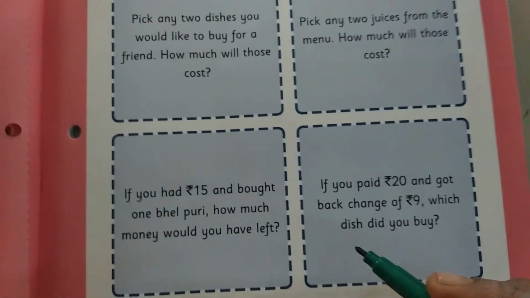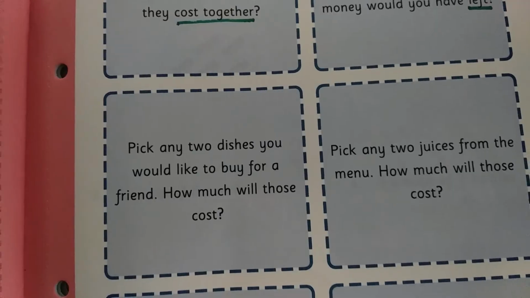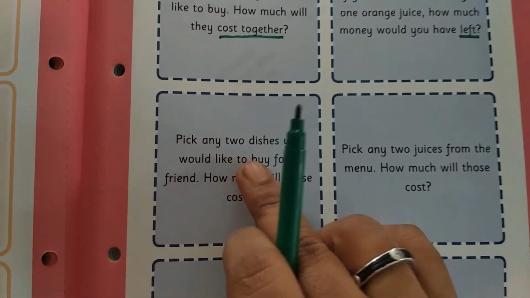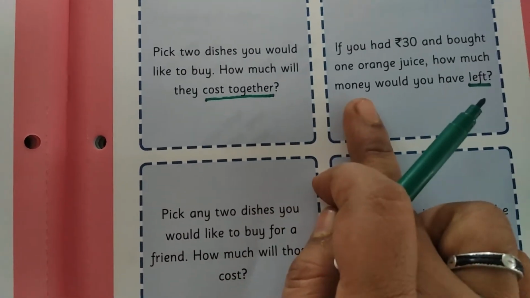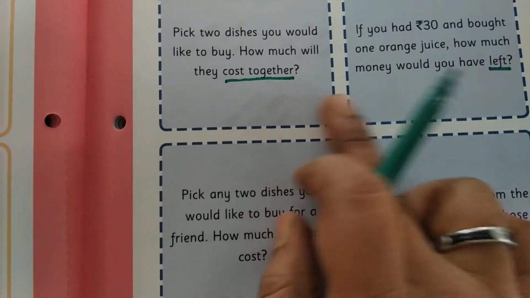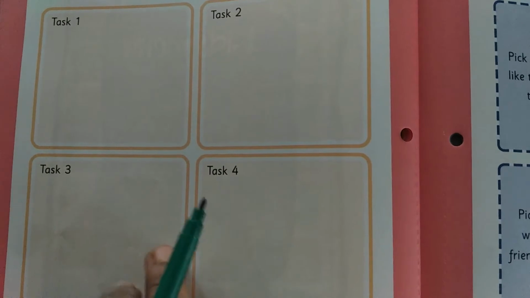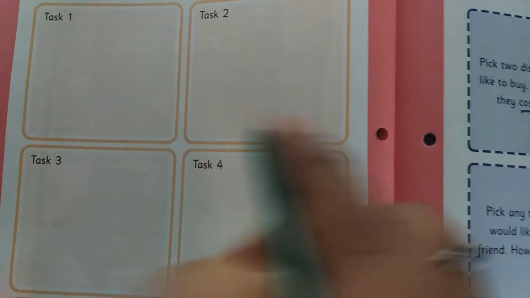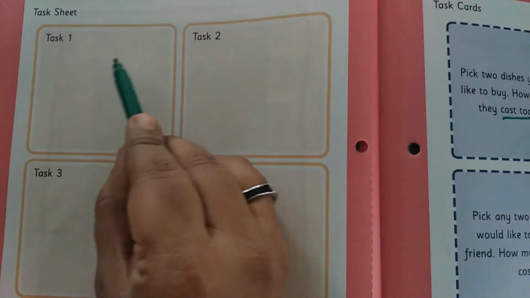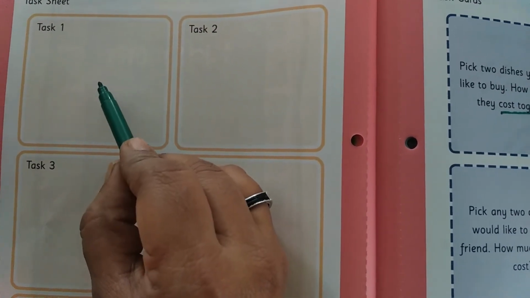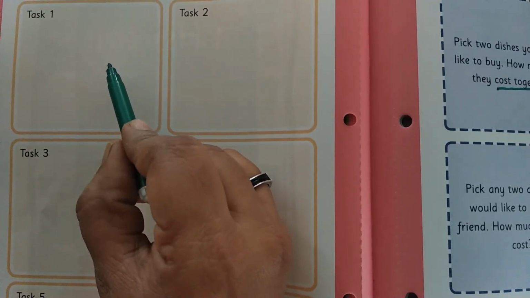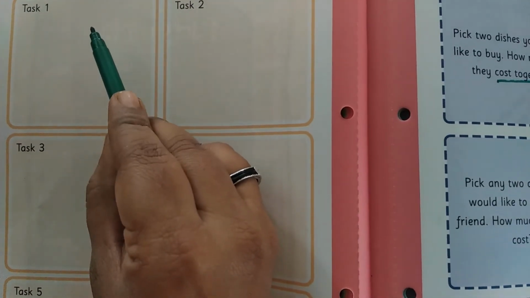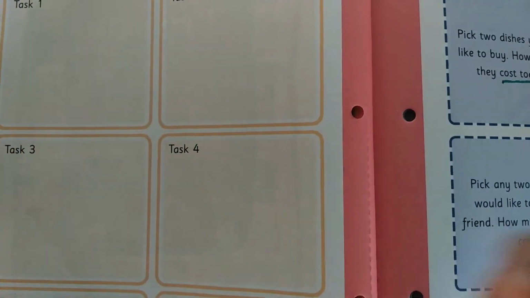See, like that they have given 6 tasks, and whenever you are landing on a green box, that time only you can do this task. And see here they have given the task sheet also. Here you want to do the calculation and you want to do the answer. See, for task 1, here they have given 1 box. Here you want to do the calculation, either addition or subtraction. According to the question, you want to do the calculation and you want to write the answer also here.